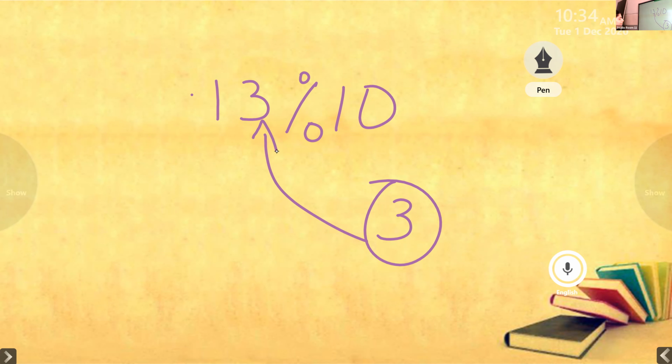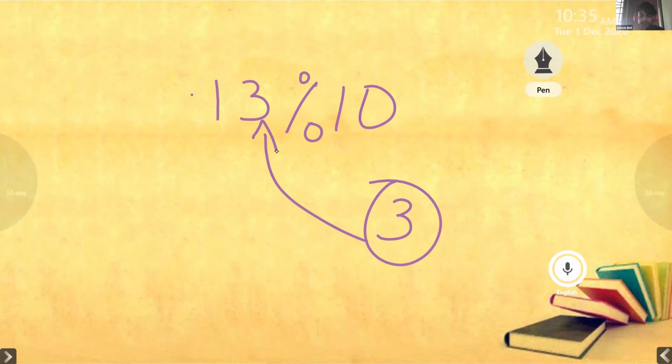Understood? So when you take any number modulus 10, you can extract the right side digit. That is the ones digit. You can retrieve the ones position digit. Isn't it, Ashwin?